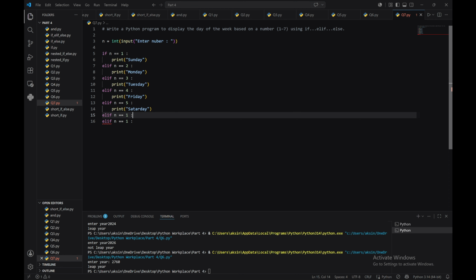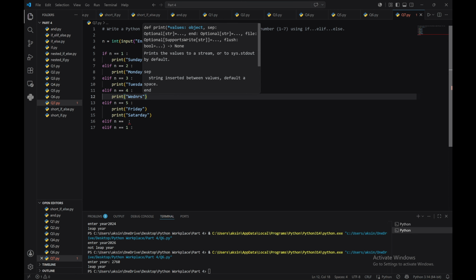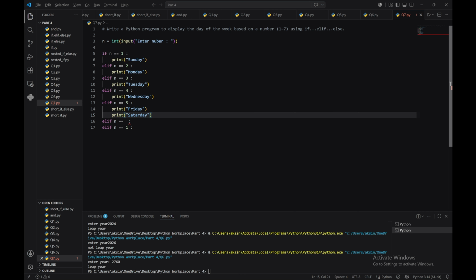Saturday. After that, for fourth one, it is going to print Wednesday, and for fifth, it is going to be Saturday. For sixth, it is going to be Wednesday, and